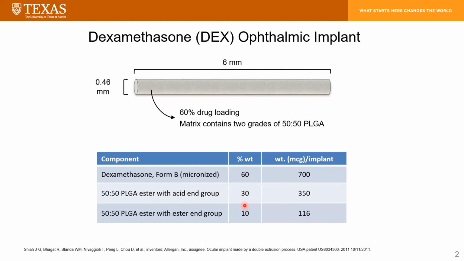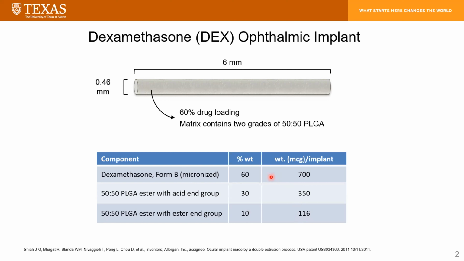It's a 3-to-1 ratio. The PLGA with the SN group is 3 parts, and the one with the SN group is 1 part. Just be aware, this implant is very small. Each implant is about 1.1 milligram. So for this project,